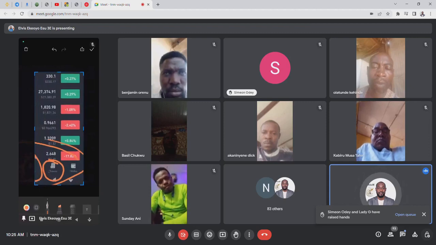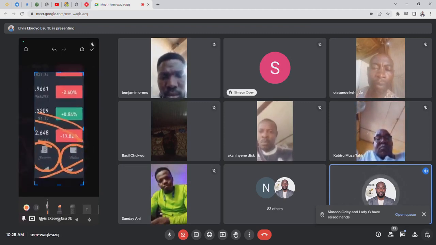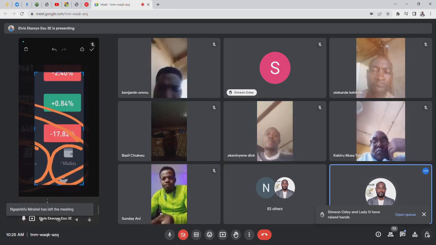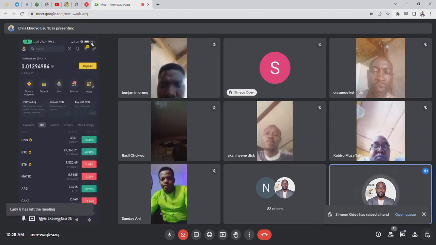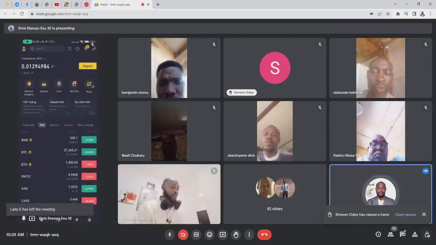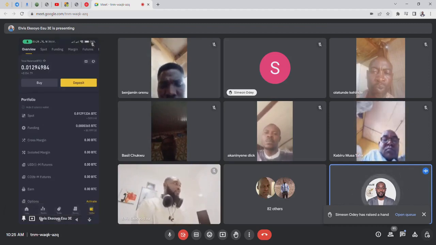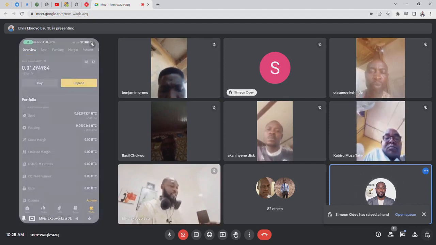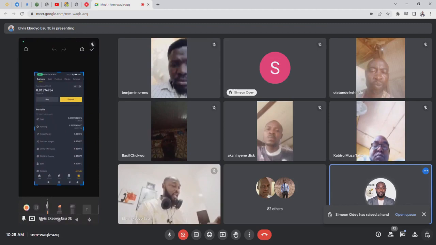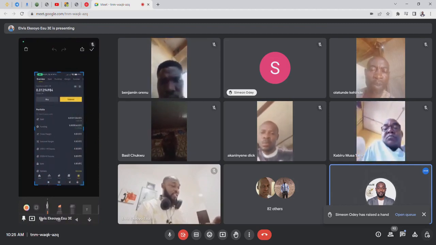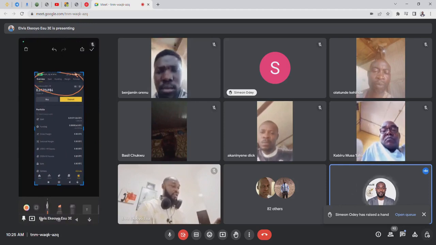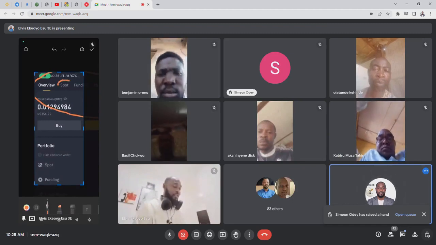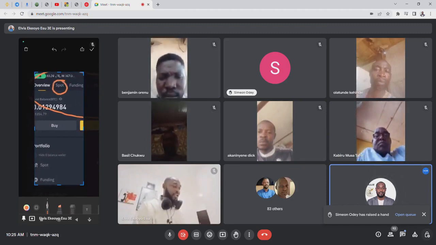And then you have wallets. So it is this wallets that we're going to focus on now. When you come to this interface, you click on wallets. It will bring you to a page where you see this. You're going to see overview, spot, funding,